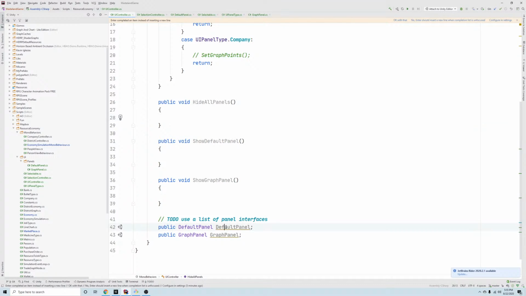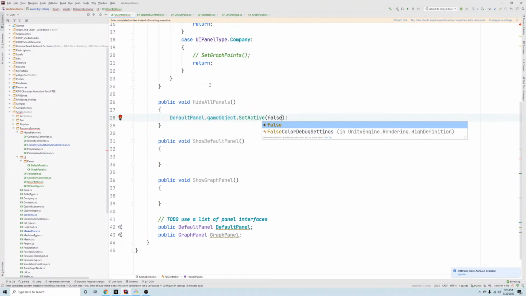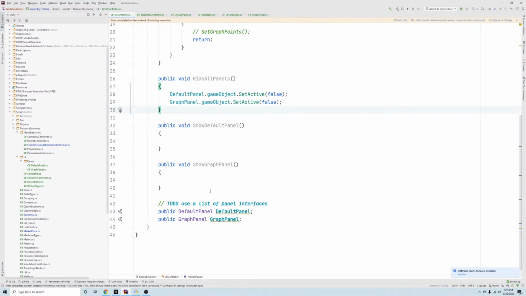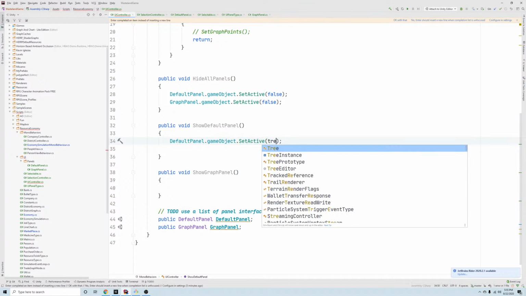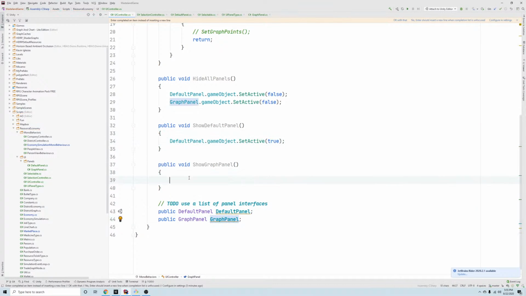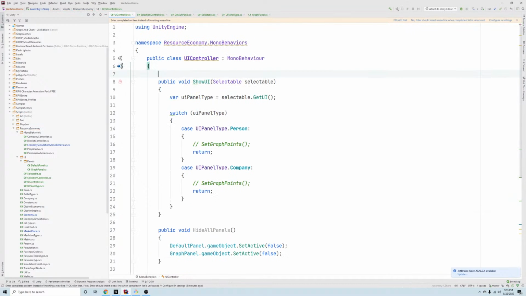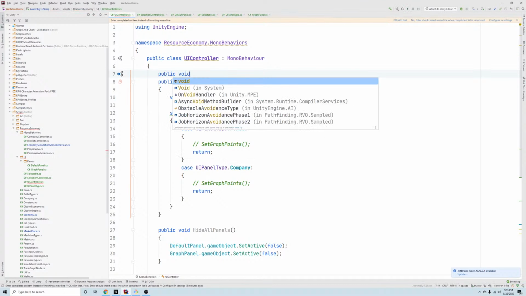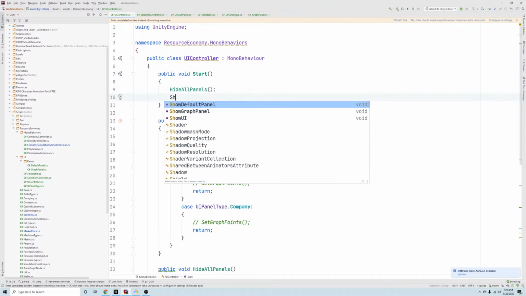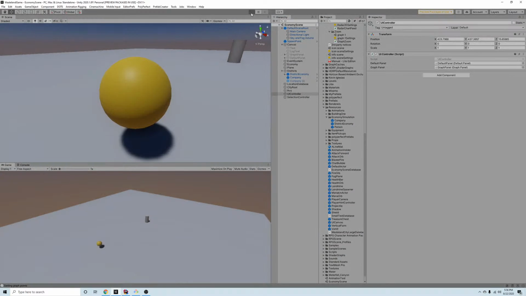So the first thing I want to do is be able to hide these panels. So I think we can just do GameObject.setActive to be false, and we can do it for both of our panels. And to show a panel, we can just set it to be true again. And when the game starts, we'll hide all our panels, and then we'll show just the default panel. And again, this is super hacky right now. There's a lot of duplicate code, but